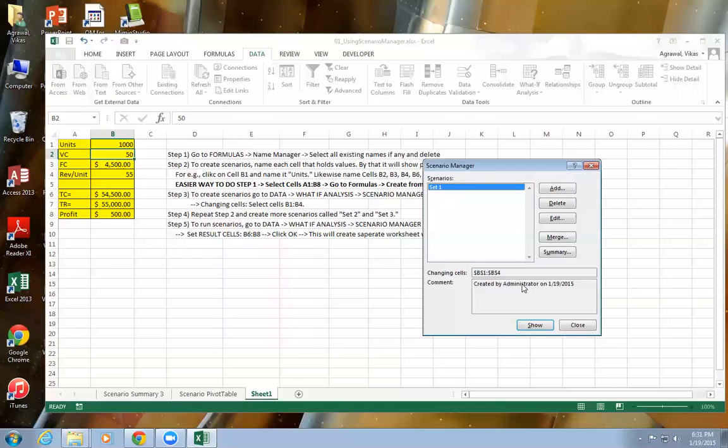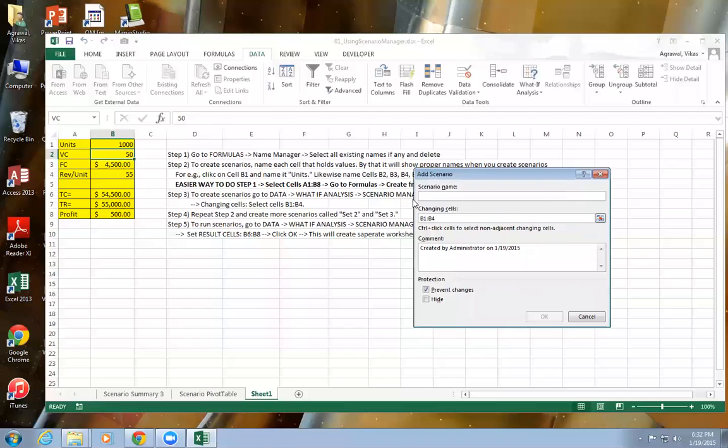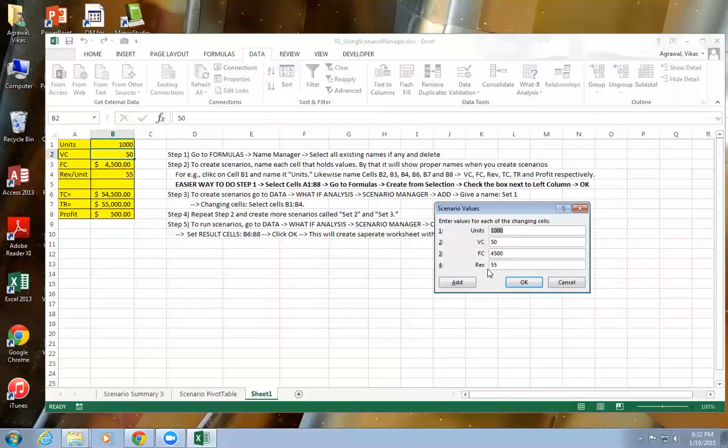Let's add two more scenarios so that we can compare all the scenarios side by side. So I will go to Add here. This is set number 2. The changing cells are the same. Say OK here. Now I'm going to change my units to 800.